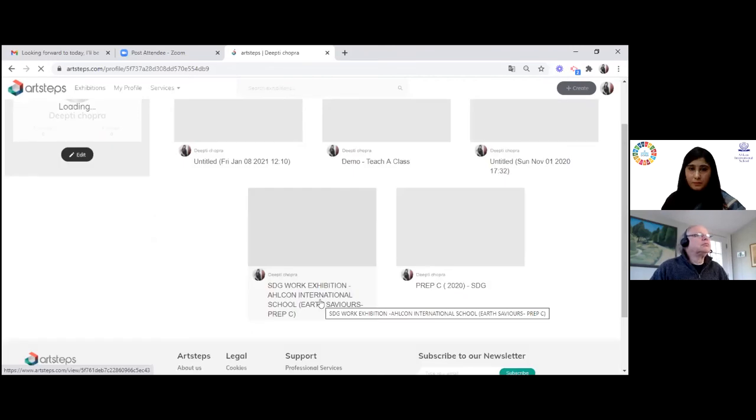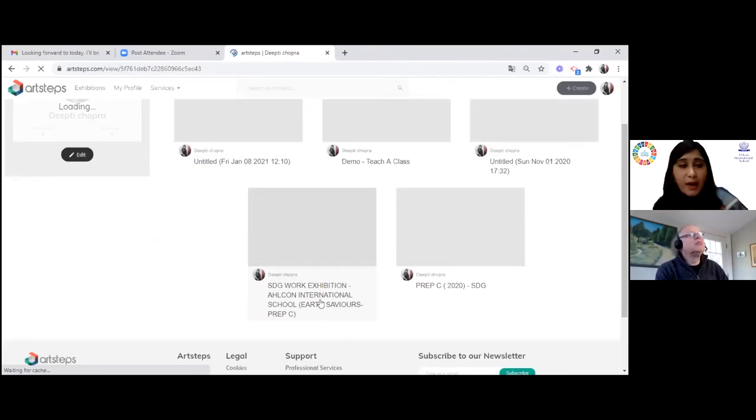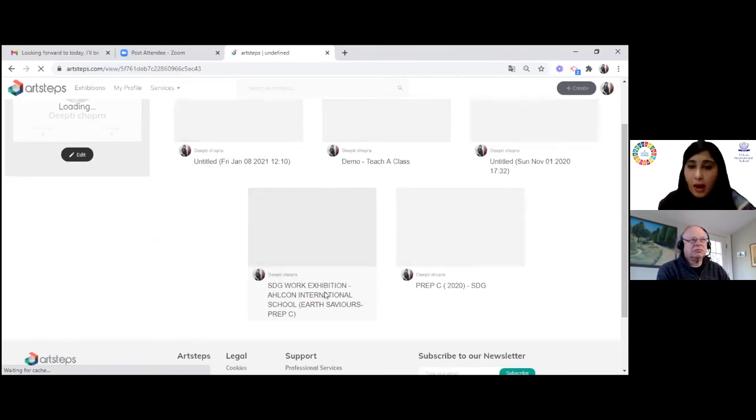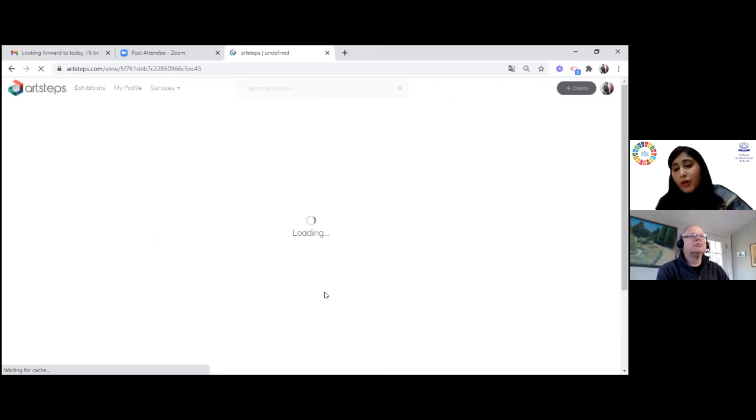I'm really proud to share this, that at Edcon International School, we promote the SDGs from class nursery till 12. Every Edconite is so enthusiastic to contribute their bit to achieve these goals, the Sustainable Development Goals. And I am going to share an exhibition where my 4-year-old students have contributed their bit to achieve the SDG goals. So just in a while, my exhibition which I've created will be here. I'm actually very proud to share this on an international platform.